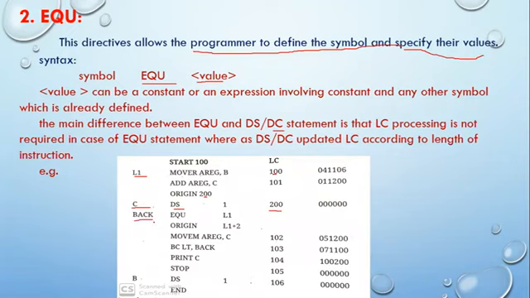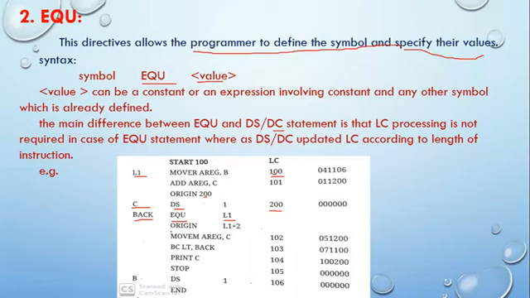After that we can declare the variable BACK, and we can use the advanced assembler directive EQU, and the value given there is L1. L1 should be considered as 100. This is the expression only, and this expression can be declared at this point. The value for L1 is considered as 100. Here the BACK variable will be declared with value 100. त्याची जी व्हॅल्यू असेल, बॅक व्हेरिएबलची जी व्हॅल्यू असेल ती किती असणार आहे या ठिकाणी 100 व्हॅल्यू त्याला असाइन केली जाईल. After that we can consider ORIGIN L1 plus 2. L1 ची 100 व्हॅल्यू आहे प्लस 2 म्हणजे 102.